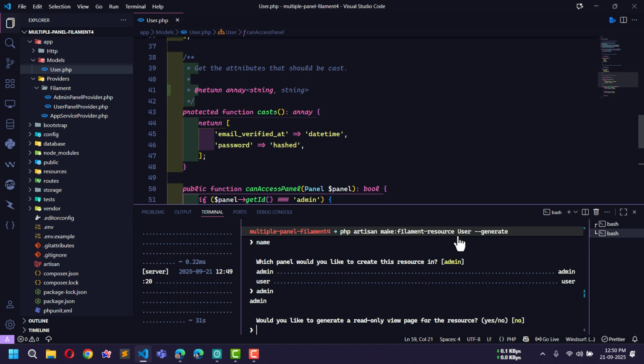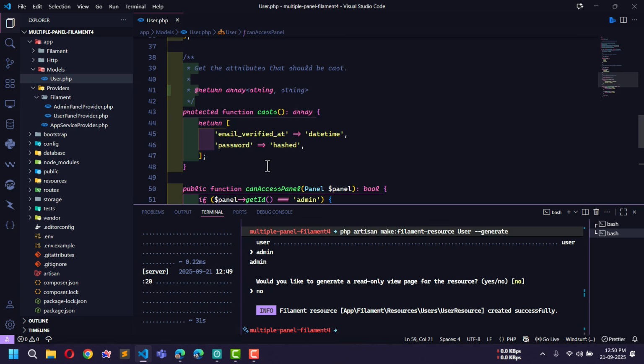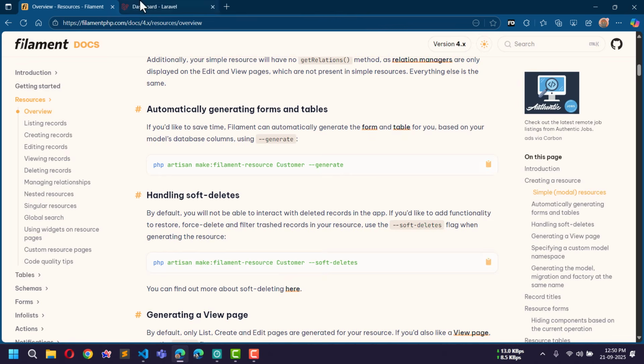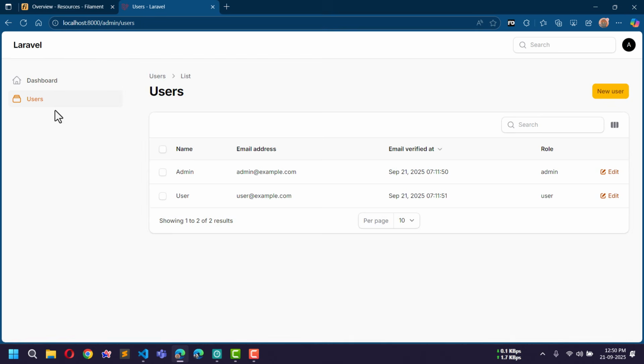Now it is asking would you like to generate a read only view page for the resource. I will not create a read only view page, so I will write no and press enter. Now if I go here and reload, you can see a users resource has been created, and if you click on users, then admin can see all the users here. Admin can create new users, and if we log out